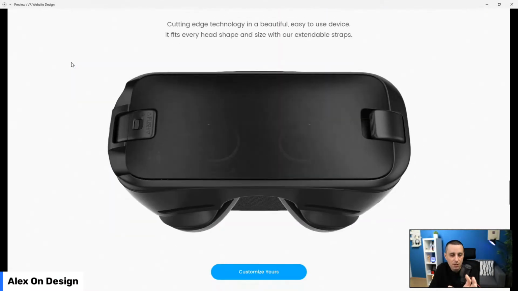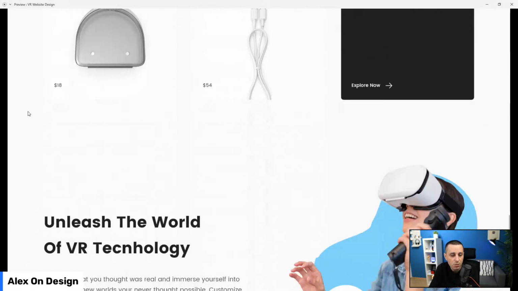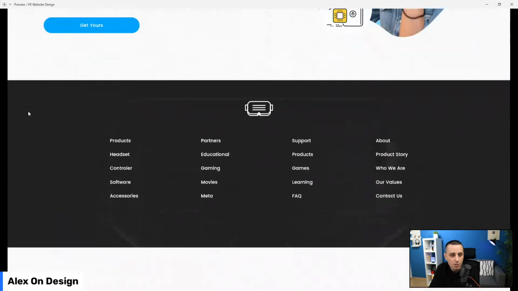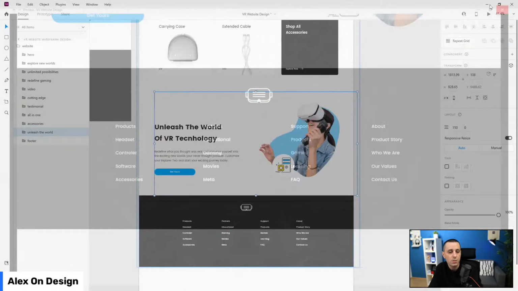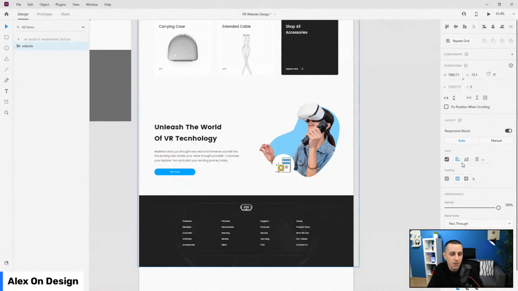You can still see the sections. This is going to grow, as we said. This looks good, this looks good, and finally this looks good as well because it's at the bottom. Final thing for this live stream for us to do is go to our website, hit stack, hit padding, and